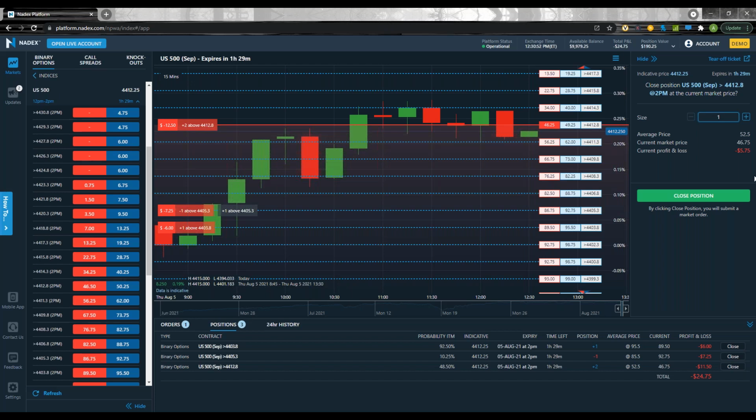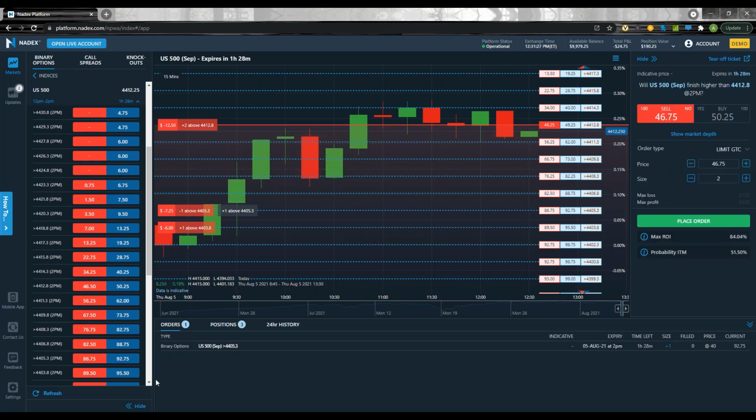Going on over to your orders, the orders panel is going to be fairly similar here. Your working orders are really not anything different than all the panels that you have over here on your positions. You have your type, the contract, your indicative, the expiration, the time left, size. The only real thing different here is going to be your